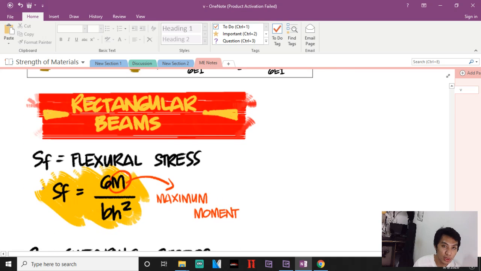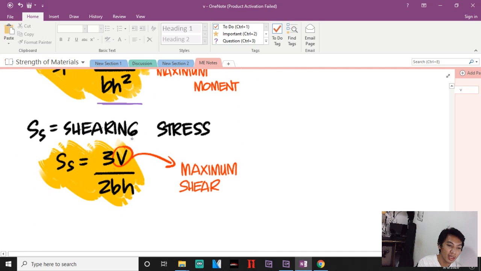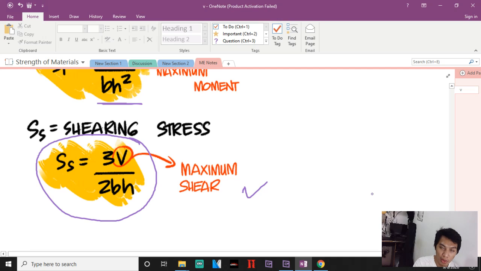Now, let's go with rectangular beams. Again, this is what I derived earlier. For flexural stress, that is 6M over bh squared. I derived this earlier. Now, for the shearing stress, the maximum shear V, is 3V over 2bh. You have to remember this one, 3V, maximum shear. Okay, that will be all. So, let's go with the calculations, so we can understand better. Let's use them in calculations. Okay, so